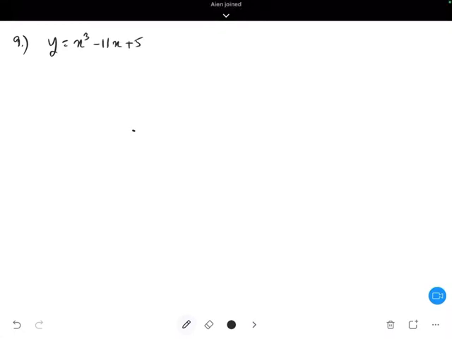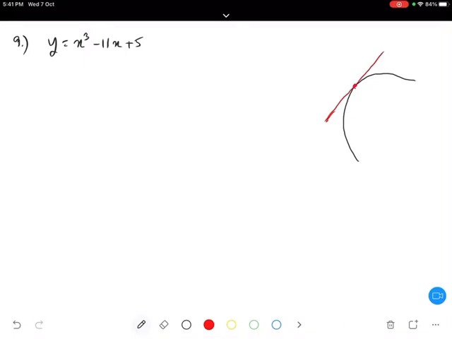So in here, you have to find the point on the curve at which the tangent... Basically here they have directly given you the equation of the tangent. Suppose this one is the curve, and this one is the tangent to the curve. They have given the tangent as a straight line, with the equation y is equal to x minus 11.